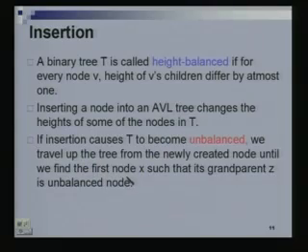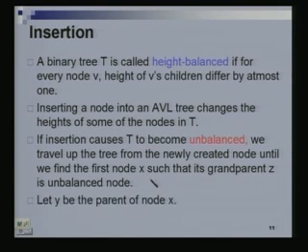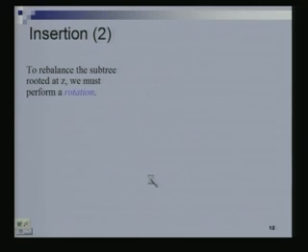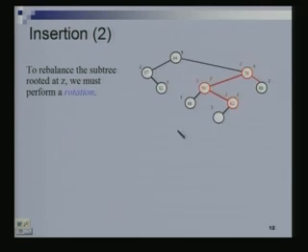So, suppose that node is called Z and its grandchild is called X, and Y is the node in the middle. I think it is best if I show you a picture, and that will give you an idea. So, suppose this was my tree. Forget this empty node for now. This was my tree originally.